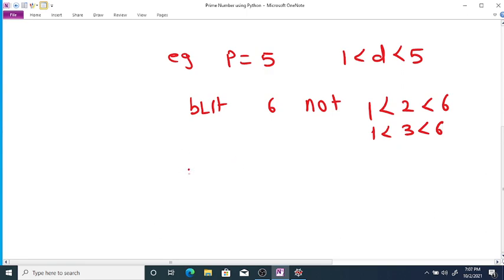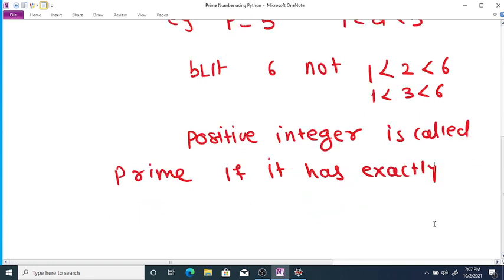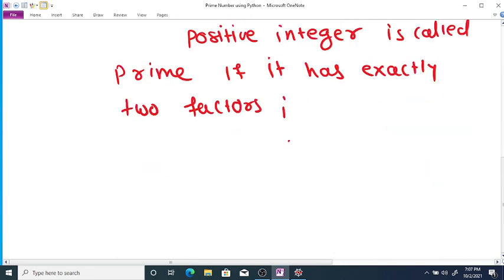You can say that a positive integer, or natural number, is called prime if it has exactly two factors, that is, 1 and the number itself.